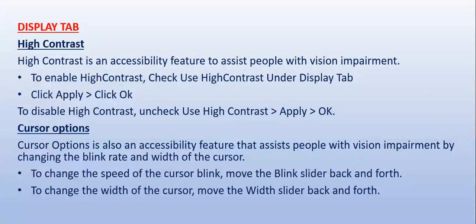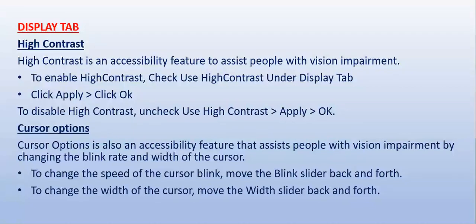To enable high contrast, check use high contrast under display tab, click apply and then click OK. To disable high contrast, uncheck use high contrast, then click apply and then click OK. Now the next option of display tab is cursor option. Cursor option is also an accessibility feature that assists people with vision impairment by changing the blink rate and width